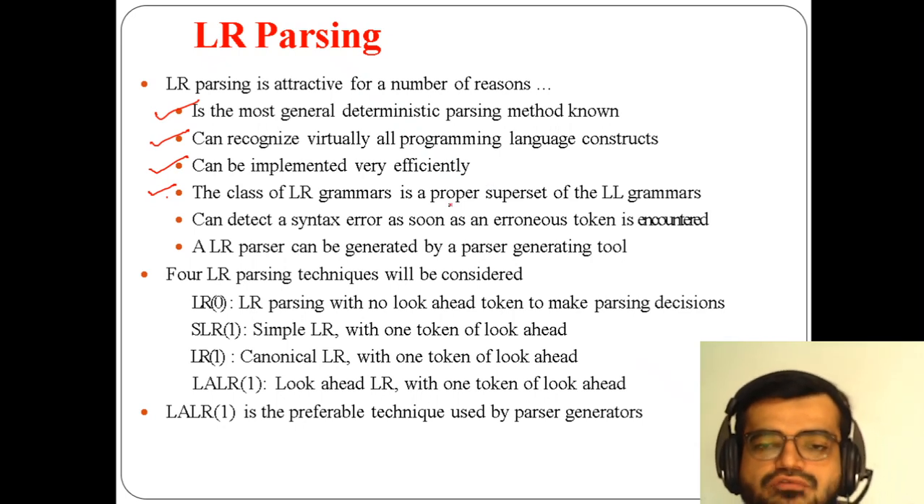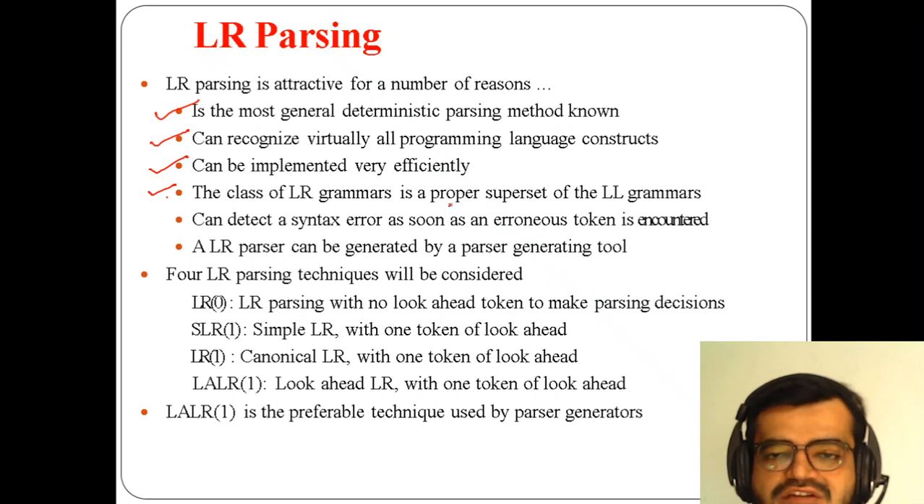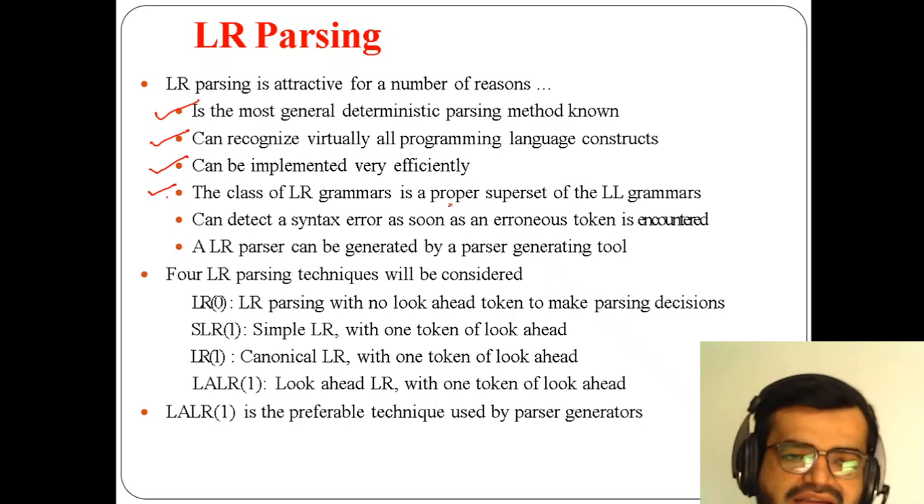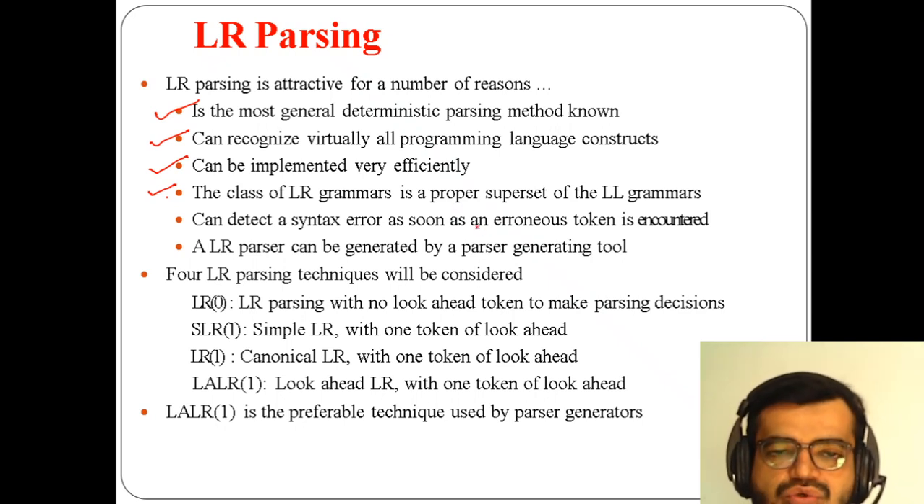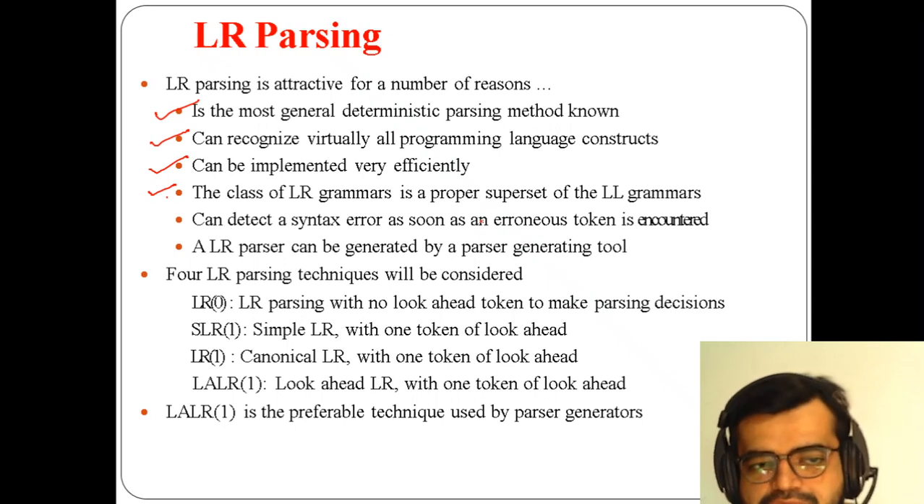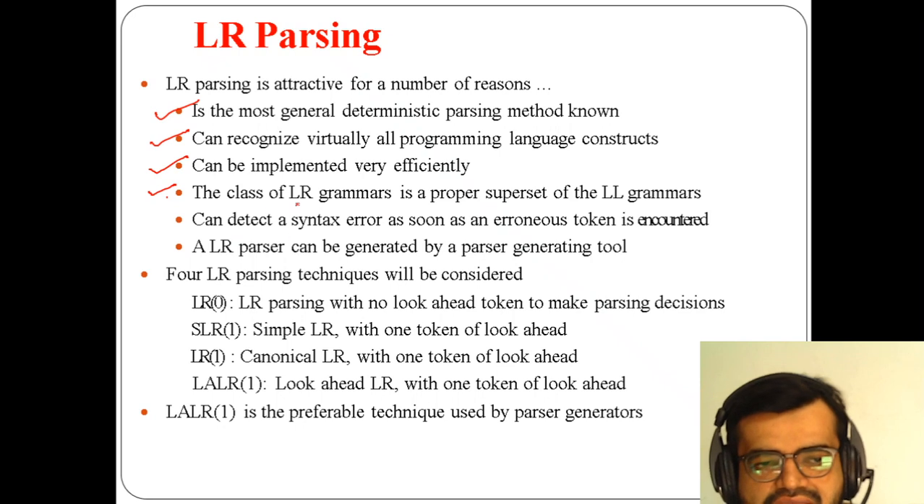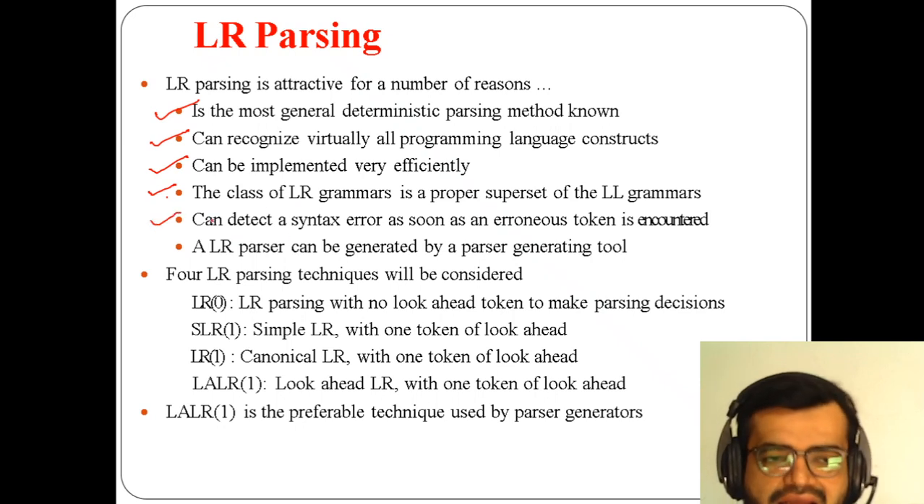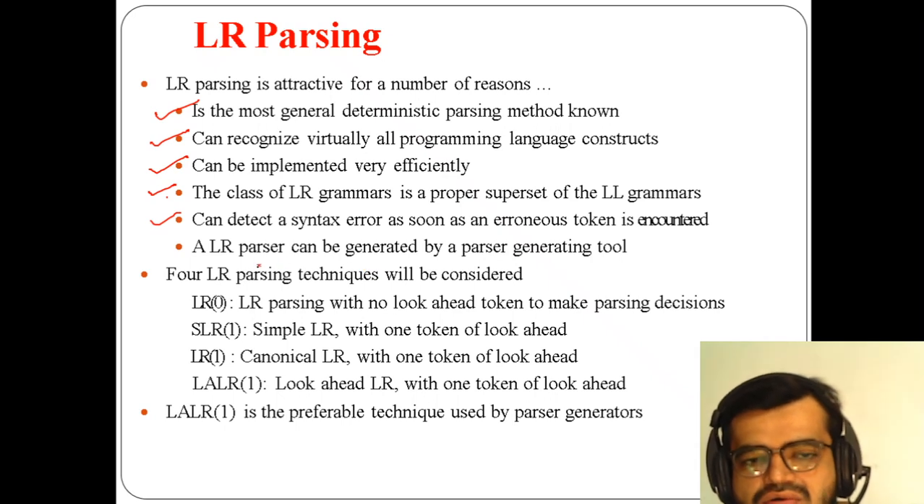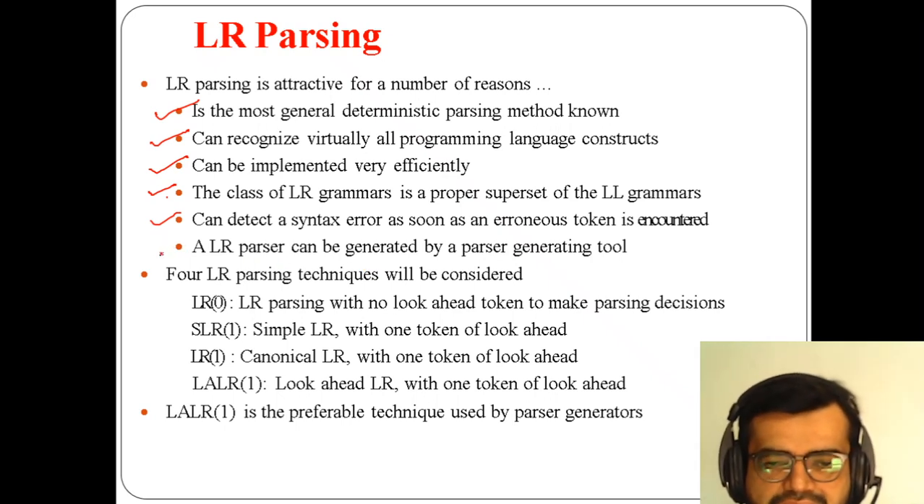So what we have to prefer, we have to prefer superset only. That's why LR is a superset of LL grammar. So that is why LR grammar will be used compared to LL grammar. And it can also detect syntax errors, if any errors are encountered, and also it can be generated by a generating